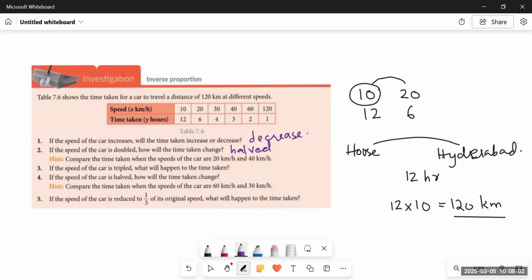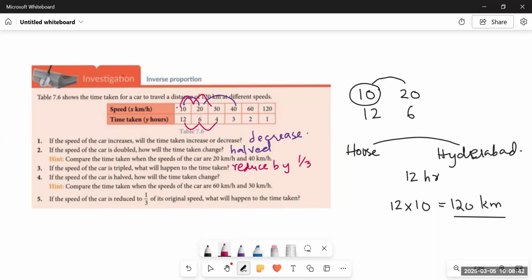Right? So you can take these two for question number 2, or you can take these two quantities, that is from 20 to 40, there is a difference of double. Then if the speed of the car is tripled, that is from 10 to 30. 10 threes are 30. Triple means to multiply a number by 3. So what is happening? The time taken would be reduced to 1/3. You see, 12 divided by 3 is equal to 4. So if one quantity is getting increased by any factor, the other quantity would be reduced by the same factor. That is what is happening over here.